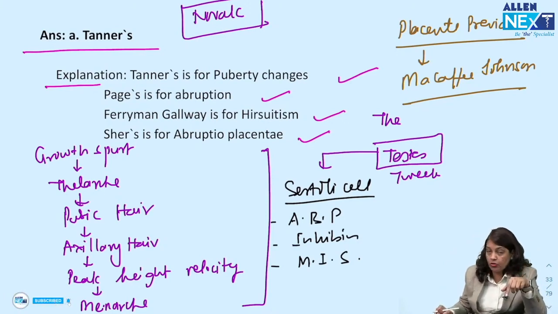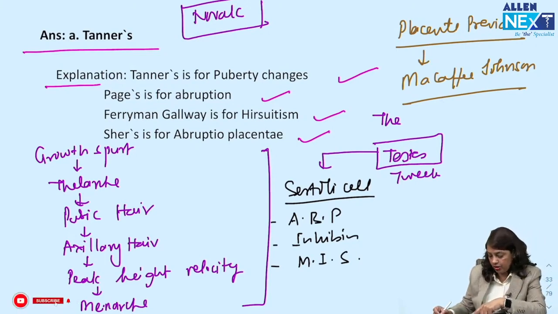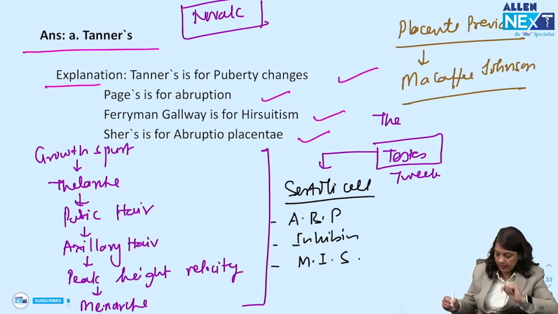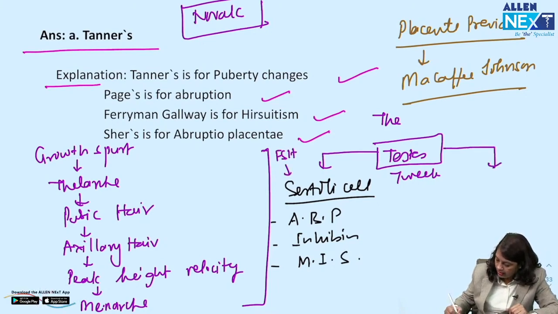अगर ये हार्मोन सिक्रीट नहीं होगा तो क्या होगा बॉयज में? यूट्रस भी प्रेजेंट होगा. ठीक है. So Mullerian inhibiting substance is important. So Sertoli cells secrete androgen binding protein, inhibin and Mullerian inhibiting substance. और इसमें कौन से रिसेप्टर्स होते हैं? FSH receptors. ठीक है. On the other hand,